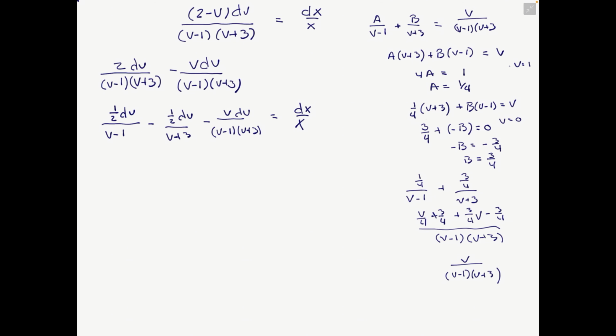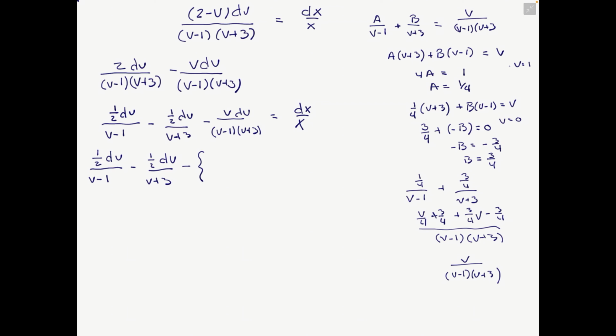All right, so in this case we now have our final form. We have 1/2 dv over v minus 1 minus 1/2 dv over v plus 3